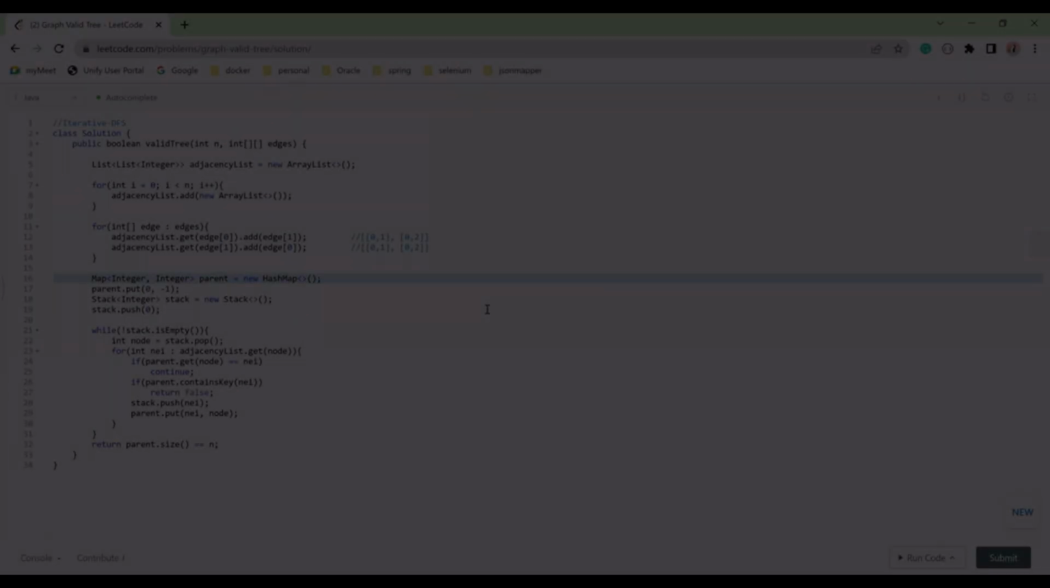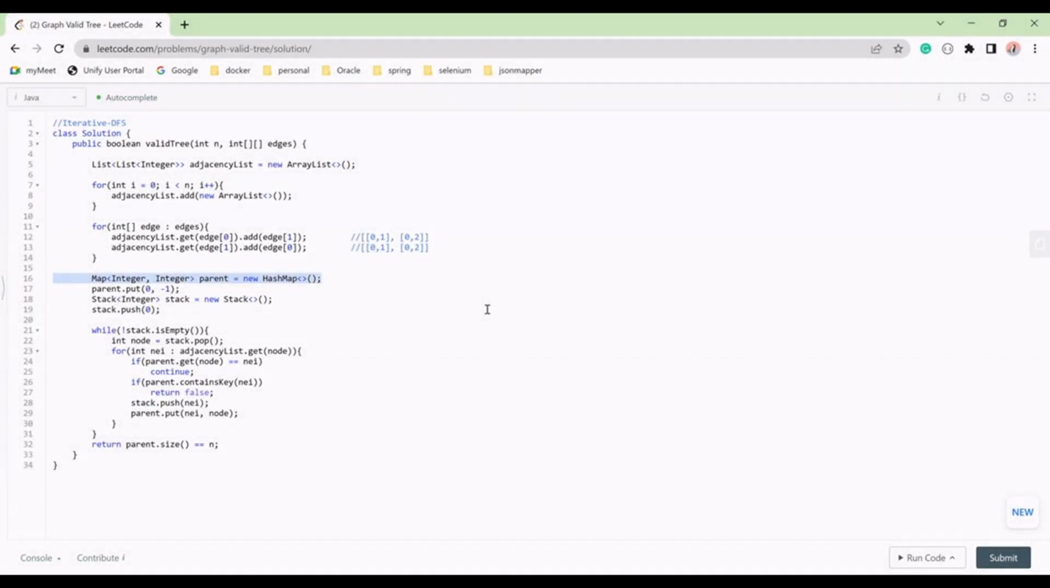We have taken the parent node, right? Initially, we put the first node into the parent map, and we said that node 0 doesn't have a parent, that's why we are putting -1. Then we took the stack and pushed node 0 onto the stack. Then we started the while loop, and we take that node and get